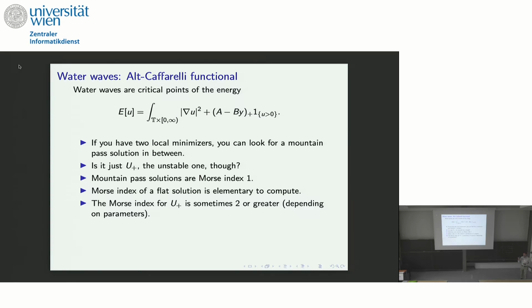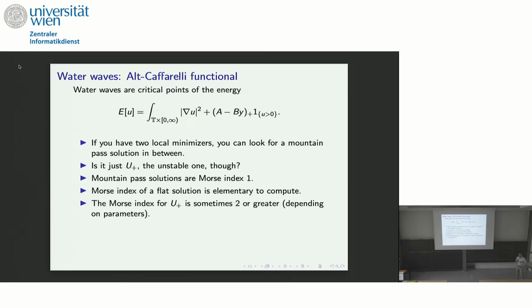It's unstable, but there's only one unstable direction. On the other hand, this is a completely explicit solution for which I can compute the Morse index by hand. And depending, again, on the parameter range here, I don't show the thing you have to assume about the parameters because it's a little bit complicated and not enlightening,